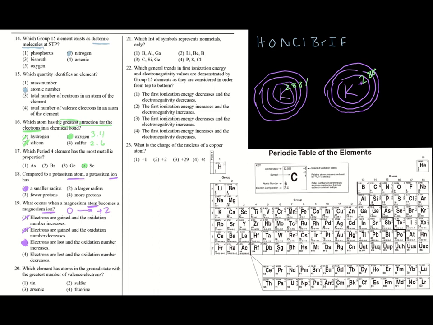Okay, number 20. Which element has atoms in the ground state with the greatest number of valence electrons? So we are looking for something that's further towards the right because they have more valence electrons. Okay, so we got tin, which is Sn. That's in group 14, so that's 4. Arsenic has 5. Sulfur has 6, and fluorine has 7. So based on that, we're going with fluorine. Choice